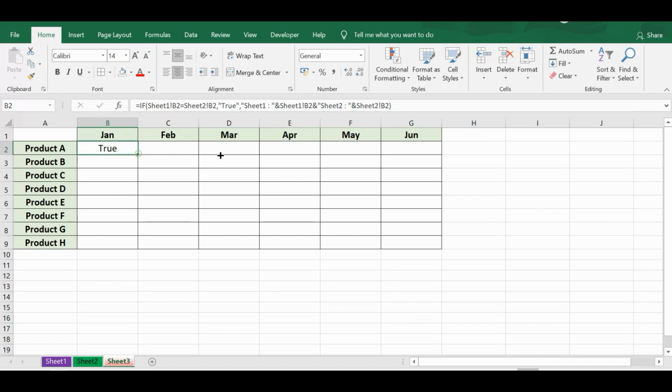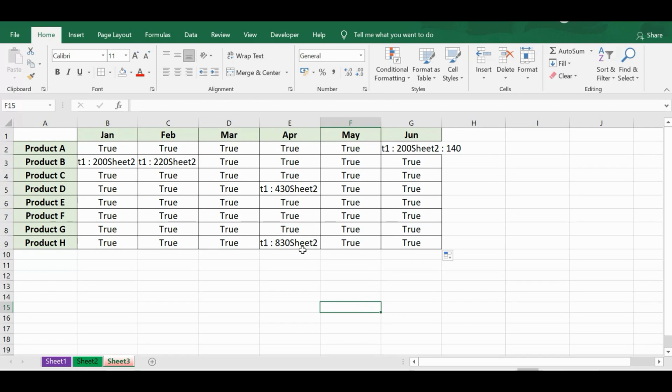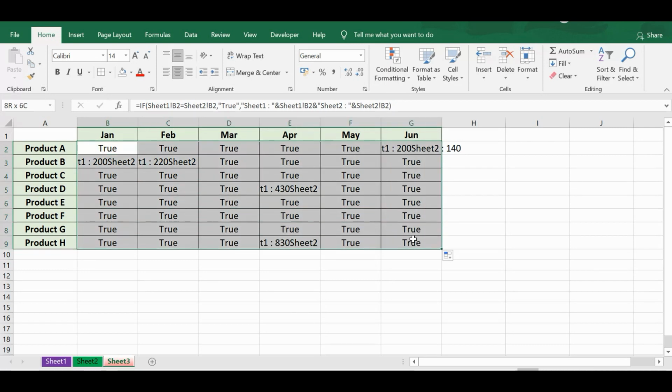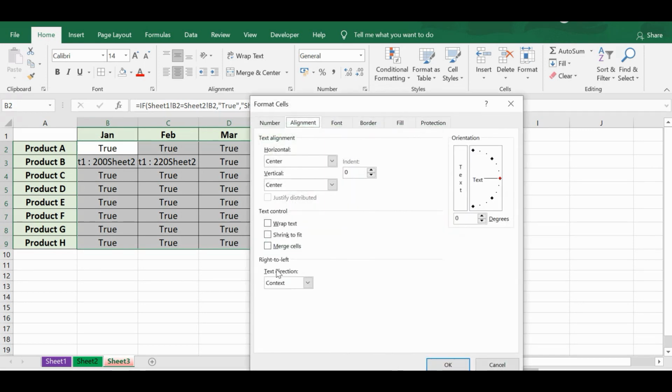Now if I drag this formula towards the right and towards down, we can see that in the same 6 cells we are getting the result, showing what the values are and what the different values are on both sheets. So let me do one thing, select these cells, right click and then format cells, select the wrap text box, press OK,